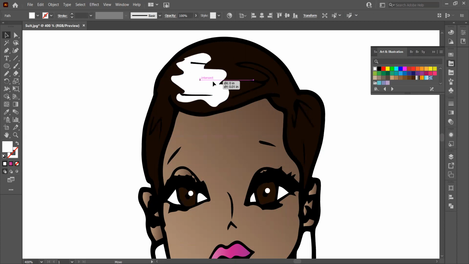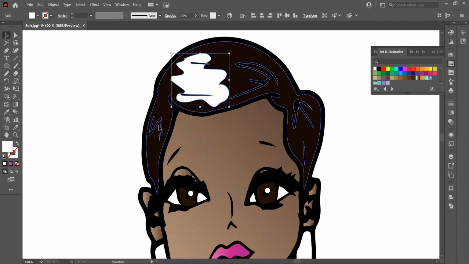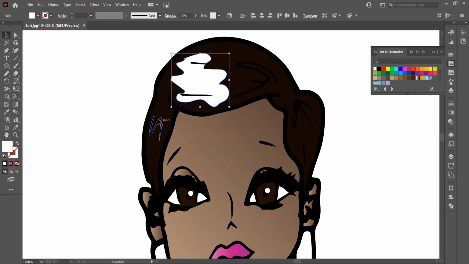Sometimes it works before you add the extra steps, sometimes it doesn't. So if it doesn't, you can still just easily move that and then bring your white, bring your squiggly lines, your detail lines to the front. And then afterwards, you still have your white spot selected, your little white squiggly line selected, and then you're going to go to Effect,